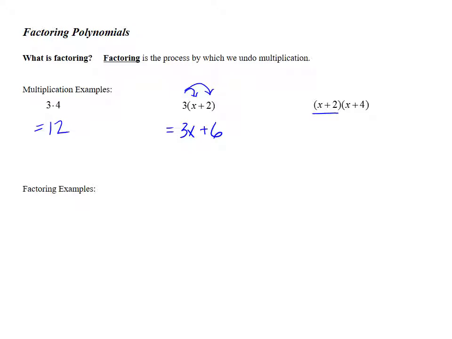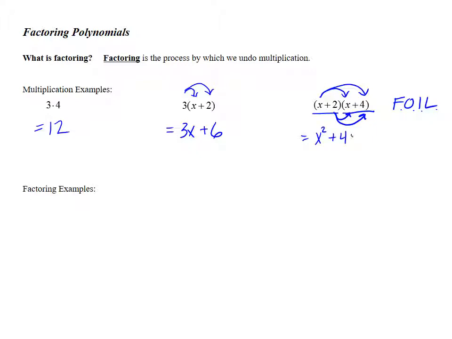When we have a binomial times a binomial, we would then distribute the first term to the second polynomial, and then distribute the second term to the second polynomial. One way that you may have learned to organize that multiplication process is with the technique of FOIL, which is an acronym that stands for multiply the first terms first, x squared, multiply the outside terms, that's x times 4,